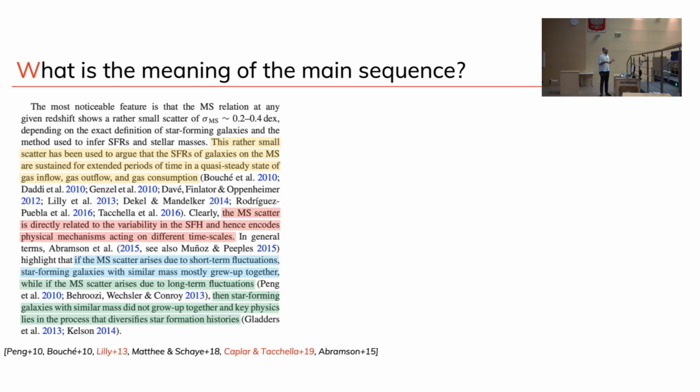basically galaxies are growing somehow in a quasi-steady fashion. Evolution is not purely and highly stochastic, the process of star formation. So this is what is mentioned here. So main sequence galaxies can be seen as your prototypical star-forming objects at any redshift. And actually, you can try to make some mathematical sense out of this by a series of assumptions, which are encoded in this series of very nice papers.